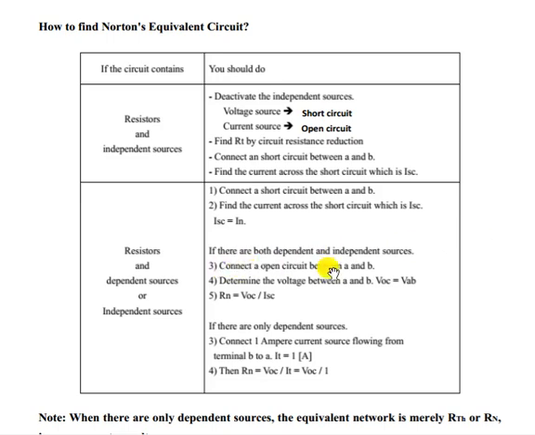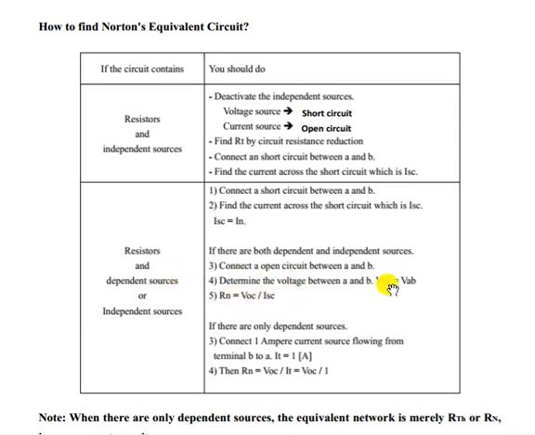Now in the case of Norton's theorem, we have already found the short circuit current. What we have to do is find the open circuit voltage, that is VOC. That is nothing but, after removing RL, the open circuit voltage across the terminals. Then RN can be calculated as VOC by ISC, open circuit voltage divided by short circuit current.